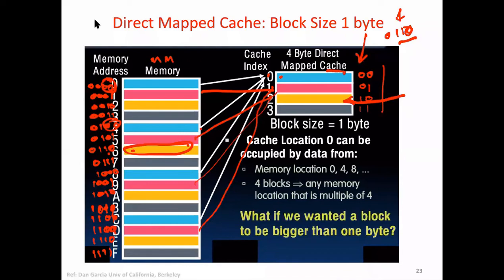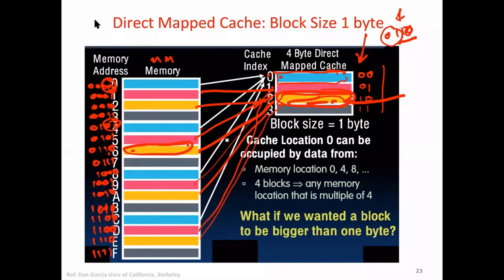Now the question is that there can be data in this block from any of these yellow color ones, right? How will you know which data is actually there? Because we are mapping 4 into 1. So we have a concept called tag. This memory, in addition to the data brought in from here, should also contain some information called the tag, which is nothing but these 2 bits.